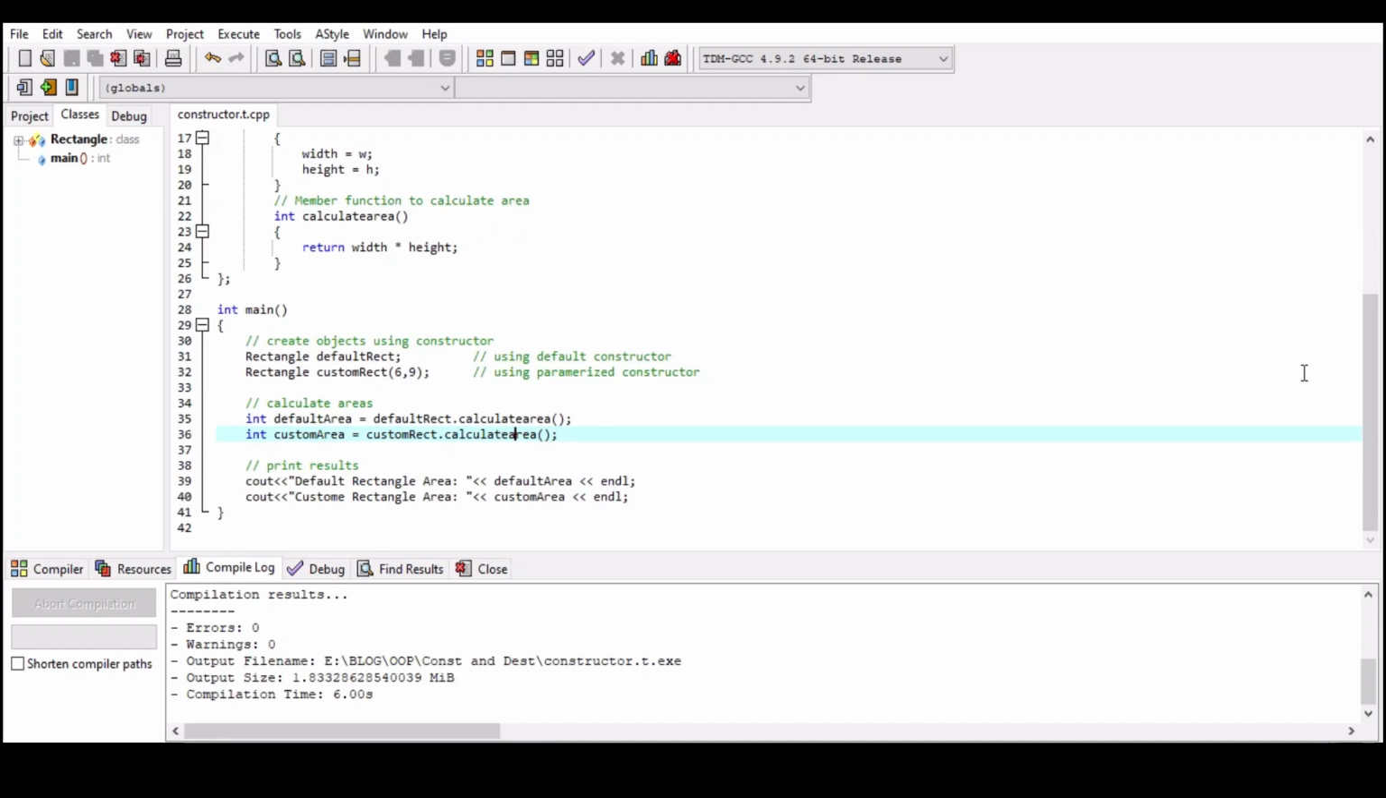In the main function, we create two rectangle objects using the constructors. The default rect object uses the default constructor, while the custom rect object uses the parameterized constructor with width 5